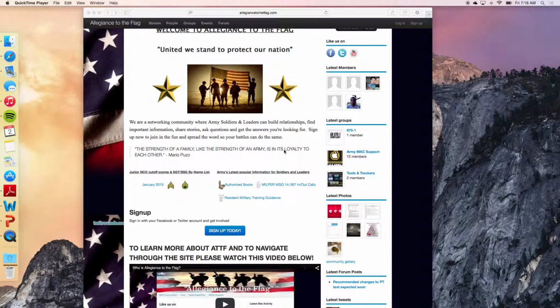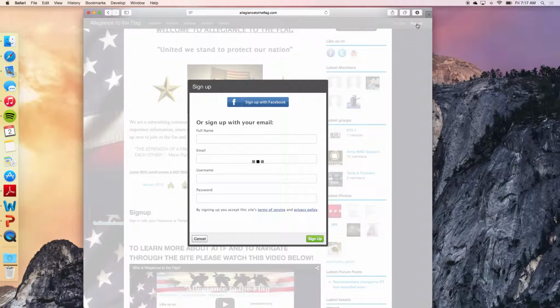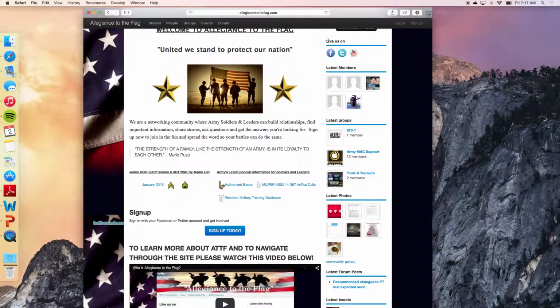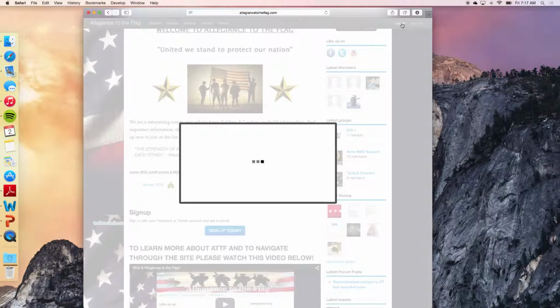Basically how to navigate around Allegiance to the Flag, why we want you to join us, and a little bit of who we are. So to get started, the first thing you need to do is create your account. Come up here to the right-hand side where it says Sign Up, and you have the options to sign up through Facebook, Twitter, LinkedIn, or you could use just your basic email account. All right. I've already signed up, so I'm just going to log in,